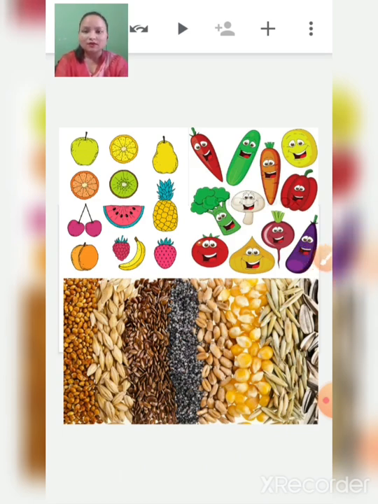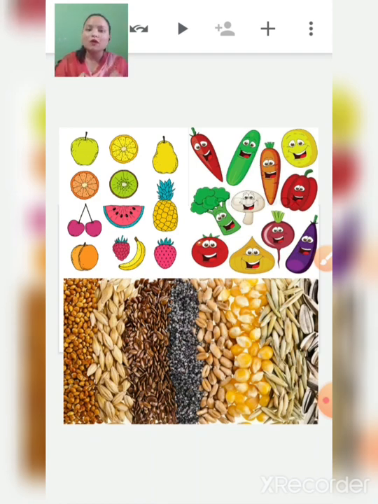You know that the human body has different body parts, right? We have head, we have hands, we have legs, we have mouth, etc. All body parts perform or function differently, right? All body parts have their own function to perform. In the same way, plants also have parts, and every different part of a plant does its own work.